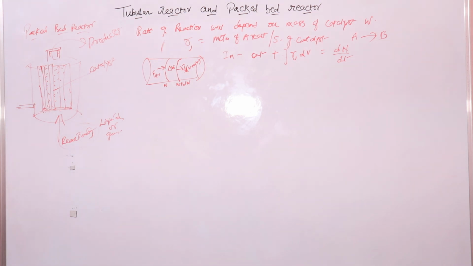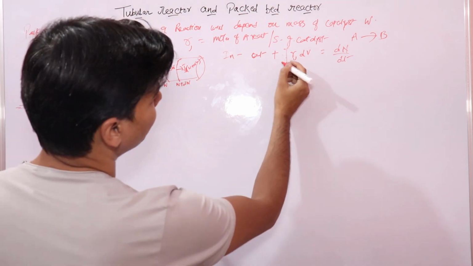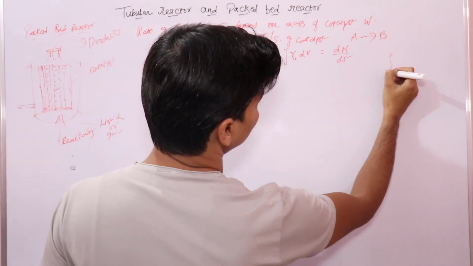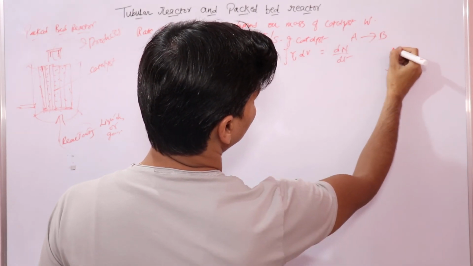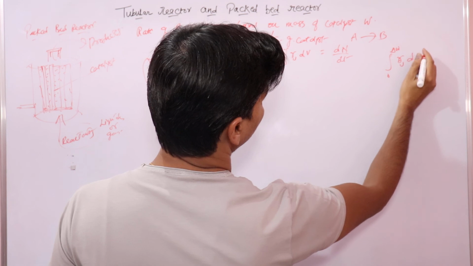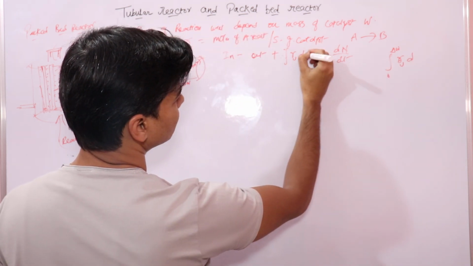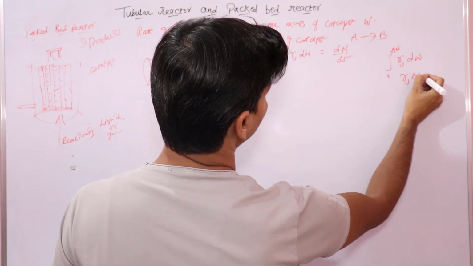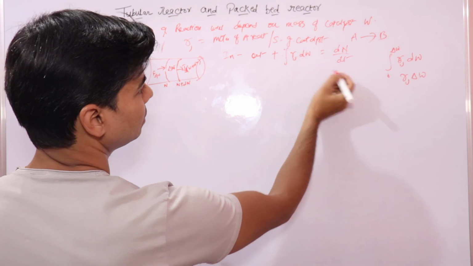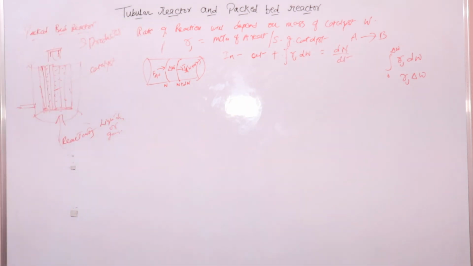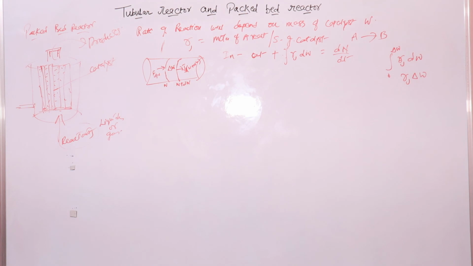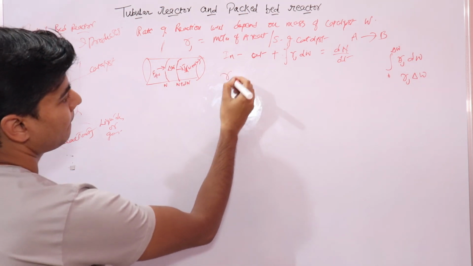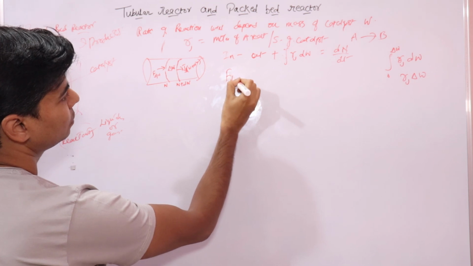So here earlier it was, we will find it like this, from 0 to delta W Rj. Here we will consider it as dW, so it will be Rj and delta W. This is the expression for generation, and this would be 0. So it would be like this, FJ at W minus F